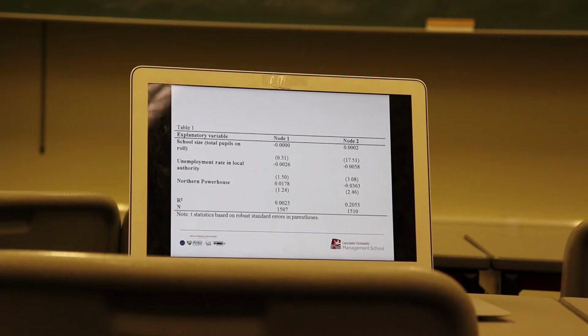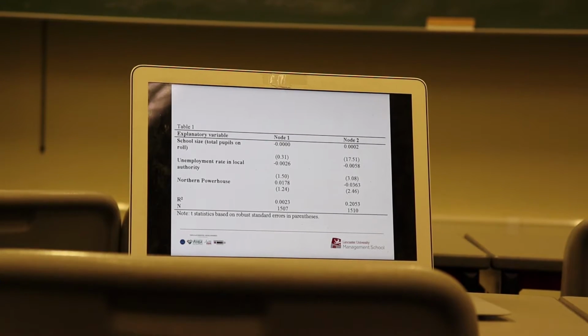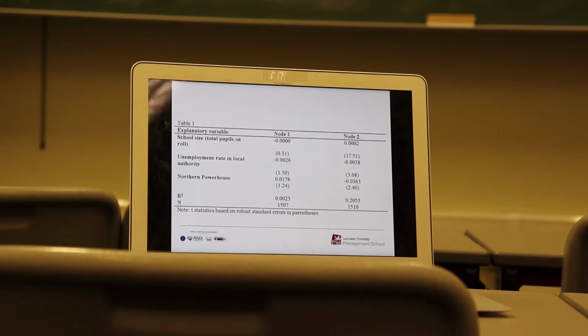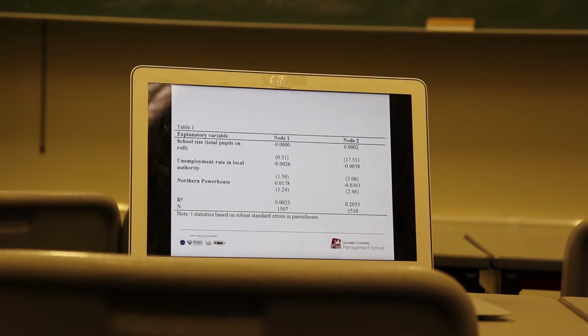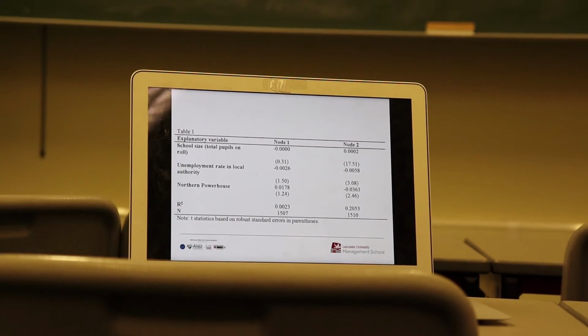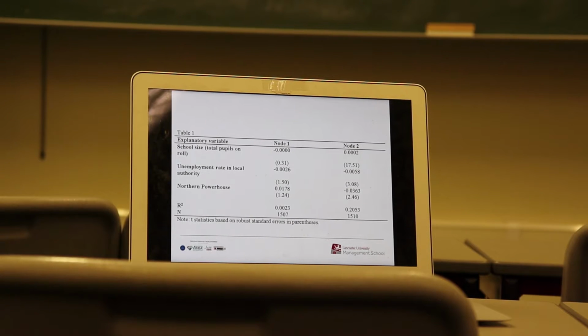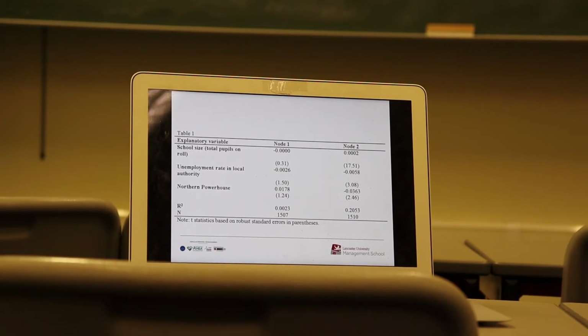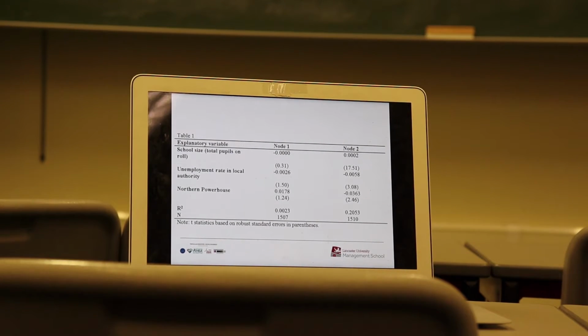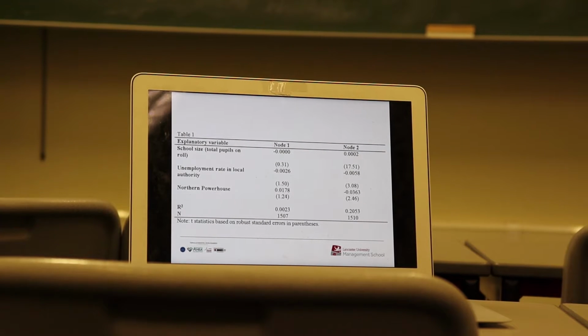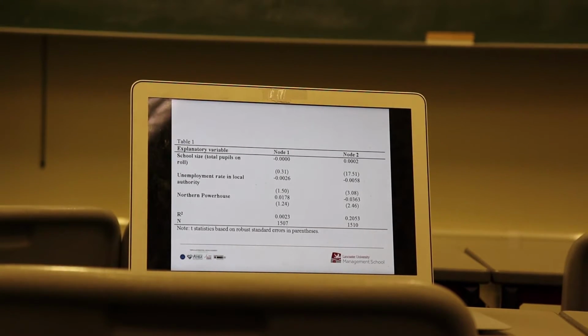At age 16, node 1, there's no effects, nothing significant. At age 18, everything's significant. So big schools perform better. Schools that are in local authorities with a high rate of unemployment perform worse. And schools that are in the Northern Powerhouse perform significantly worse than schools elsewhere. So there seems to be a problem. It seems to be a problem that is to do with what the destination is at age 16 and a problem with how well upper secondary education works in the Northern Powerhouse. So